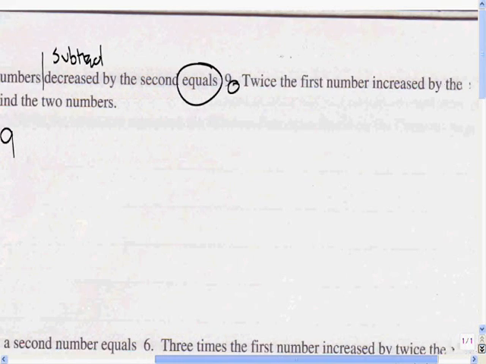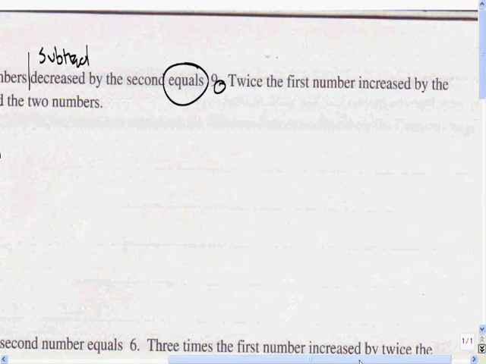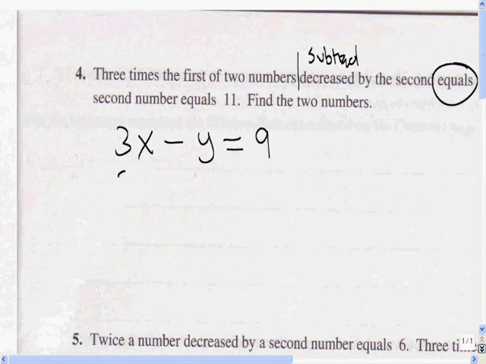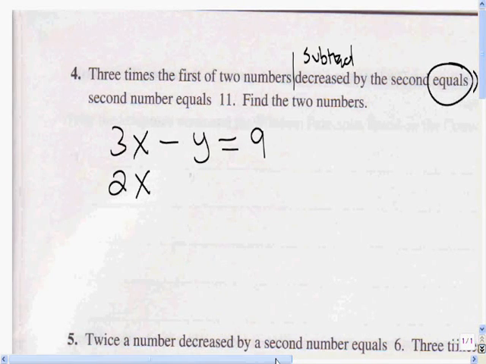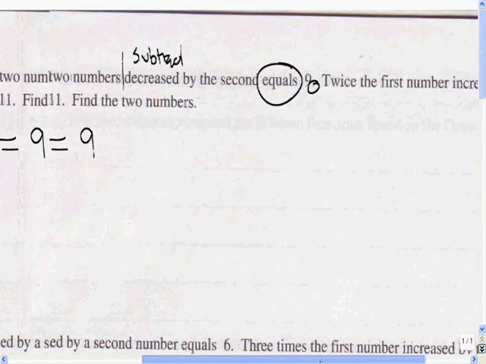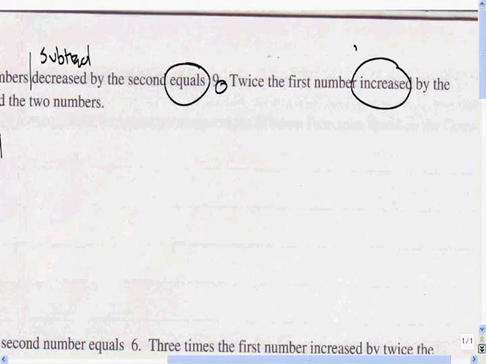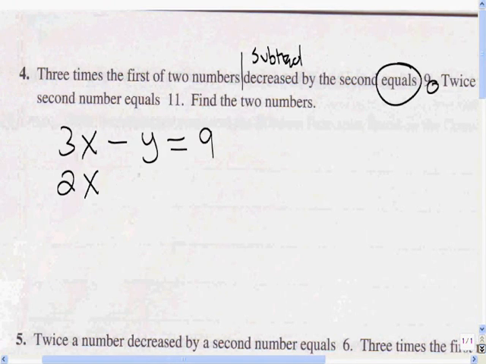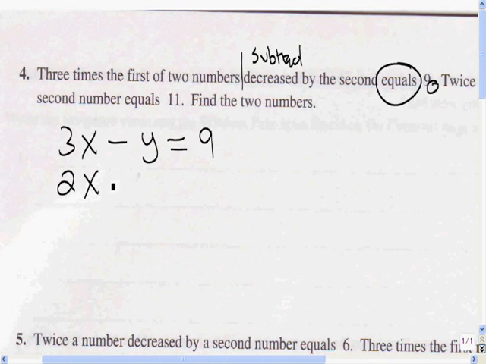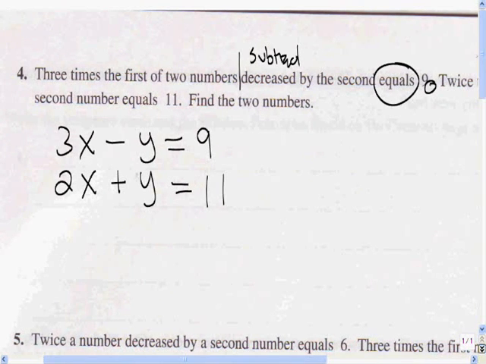The second part tells us that twice the first number, so let's go back here, twice the first number increased, so increased means add, right? Because you're increasing. Increased by the second number equals 11. Okay, so this is easy again because the signs are different and the variables are the same, so